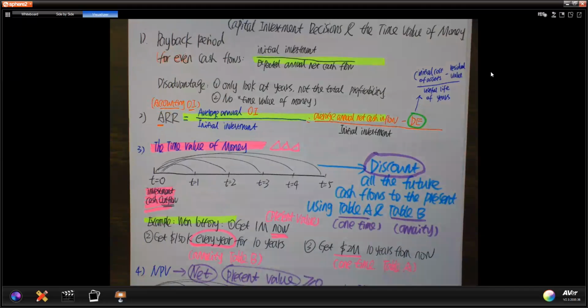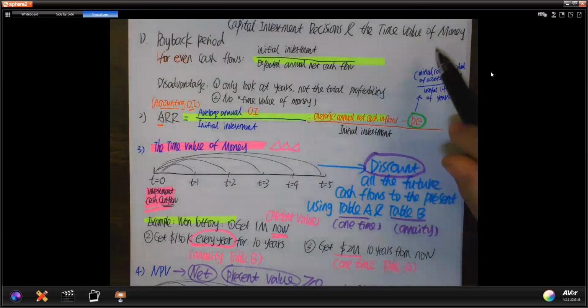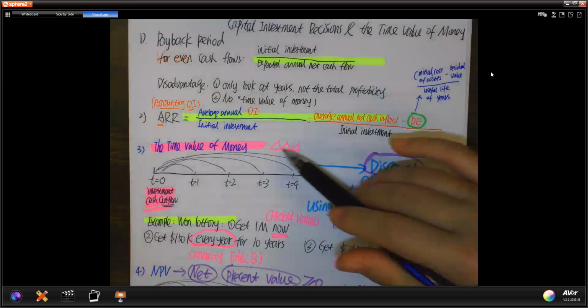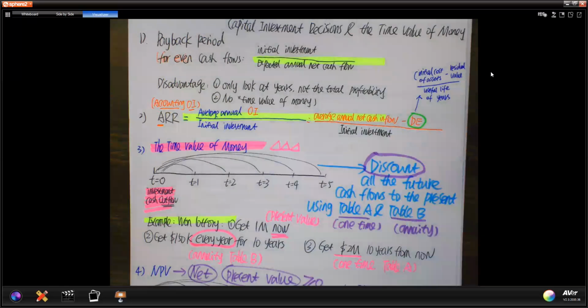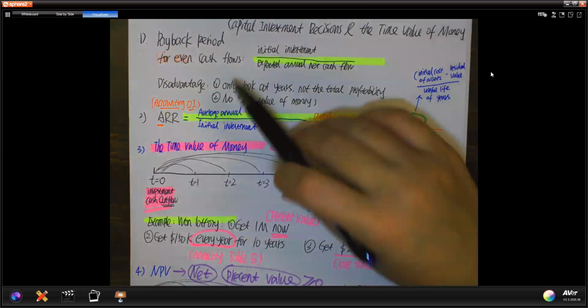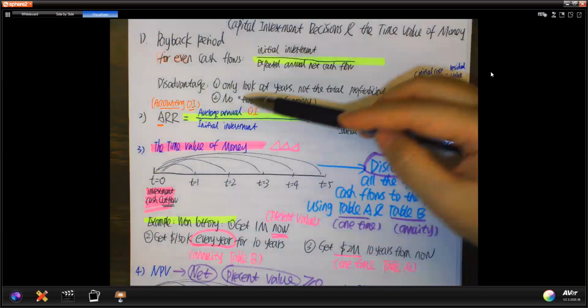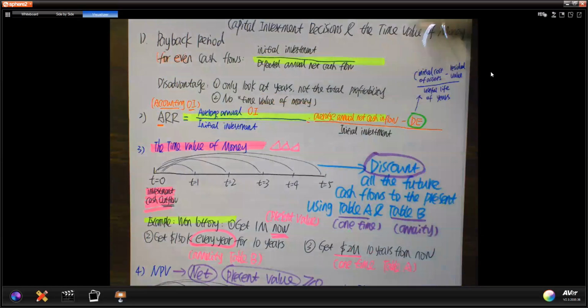That's the first thing. And then you also need to know the time value of money, which is very, very, very important. I even put the three triangles there just to tell you it's very, very, very important. Payback method and then ARR first, those two things, they don't think about time value of money. So that's one of the bad things. So they can only be used as the very first stage to filter out the bad investment.